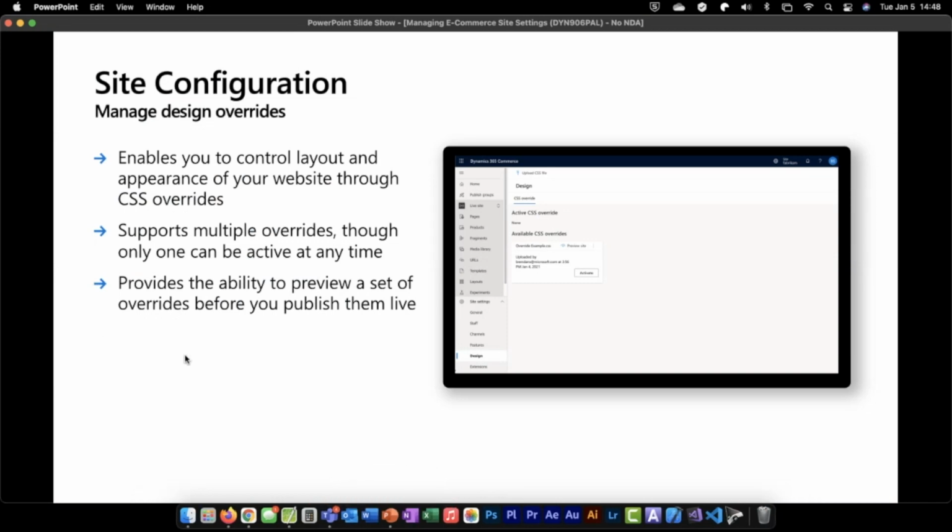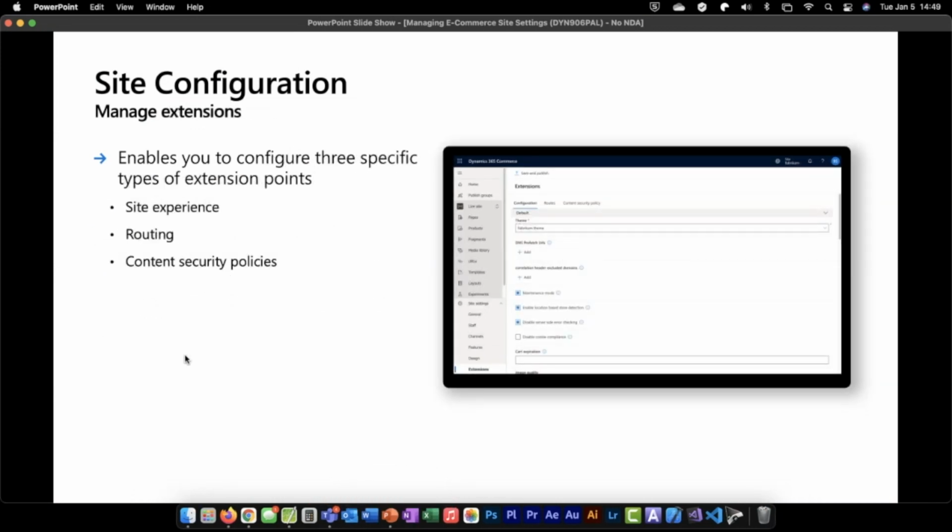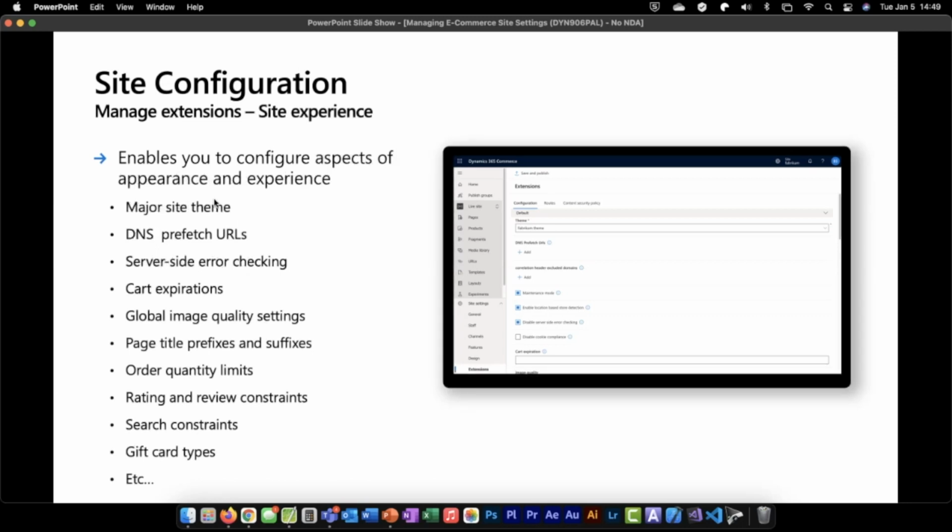Can actually come in here and we can look at extensions. This is the last area we want to look at, but there are 3 different areas within the extensions that we can review today. Extensions are really points where you can drive additional extensibility within your website. And again, can be different by website so that you can configure them separately to meet the needs of your customers. And you can set some site experience capabilities, some routing capabilities, and some content security policies. So let's look at our